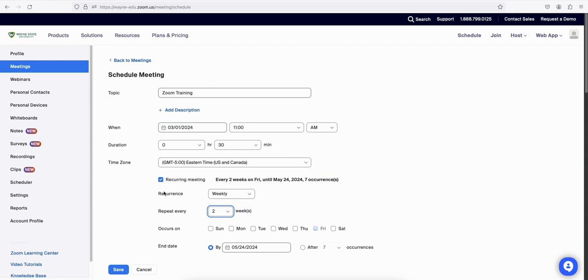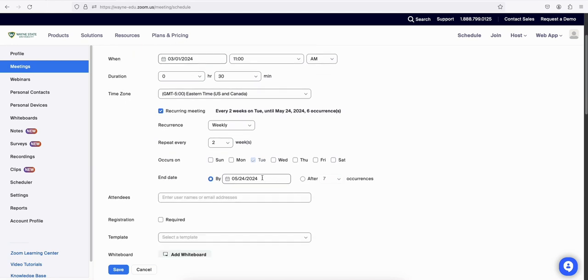So this is going to be a recurring meeting every 2 weeks on, just going to select Tuesday. I can enter an end date. So let's say I'm going to do it until the end of the semester here, or after a certain amount of occurrences. I can click that circle and then select how many occurrences I want. I could go throughout the year if I chose, but I'm going to stick with my end date of May